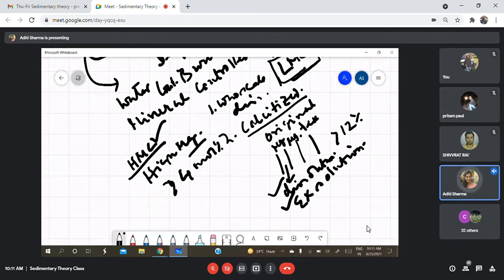But if you have a Mg content, suppose say 6 to 8%, then its solubility is less than the aragonite. And will that preserve like that, 6 to 8% Mg? No, it will also not preserve. It will also change to the low Mg calcite with less than 4% Mg. But its solubility is also not very high, because it doesn't have a large amount of Mg in the structure.